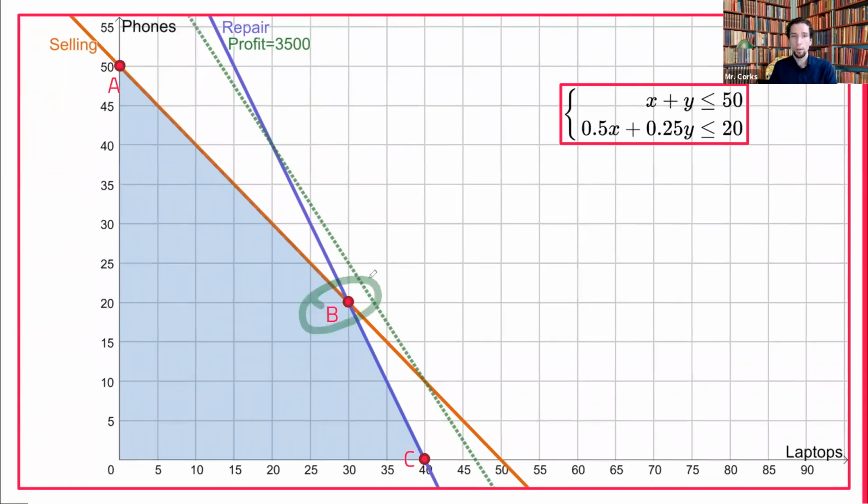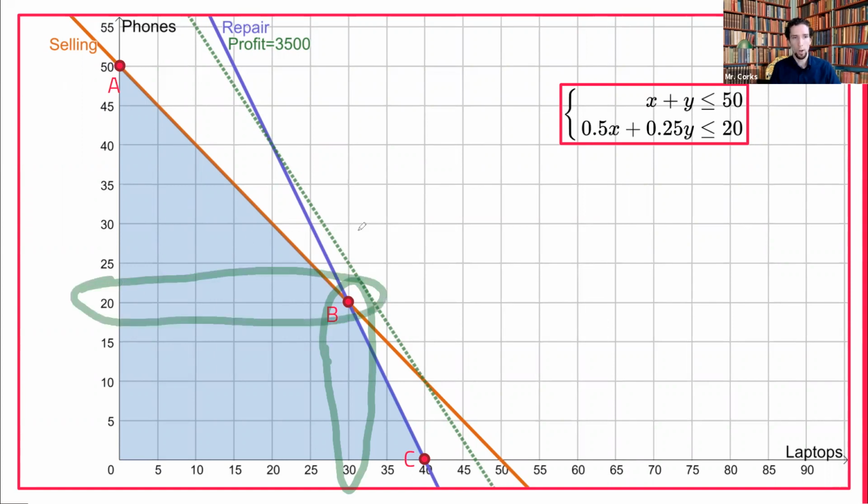So we figured out it's B. B is our best spot. So where is B? Well, in this case, we can just very easily look at our graph here. 30 for X and 20 for Y. So the coordinates are 30, 20. That's the exact location of where the best profit is happening. We haven't figured out the actual profit yet. If we can't see this point of intersection, if we can't see the exact numbers on the graph perfectly,